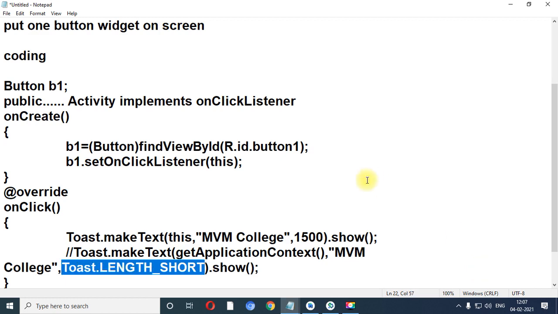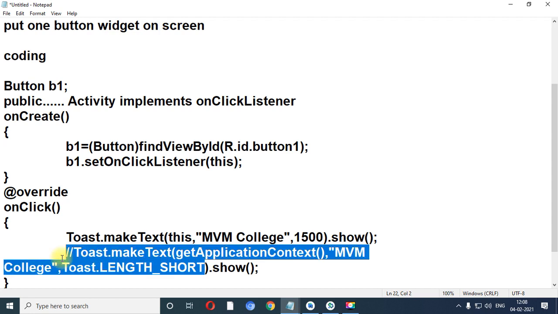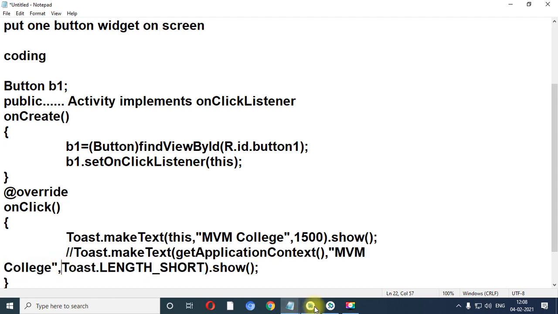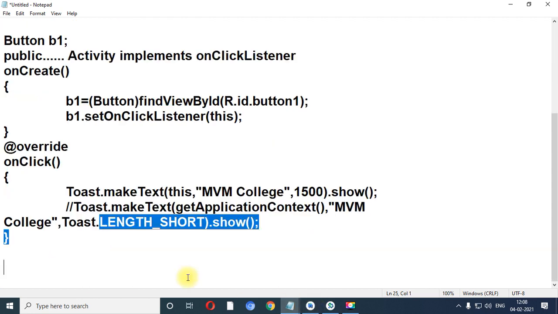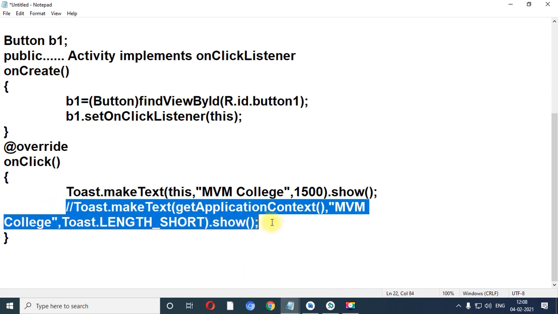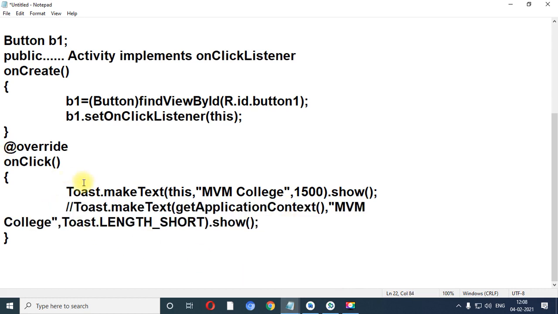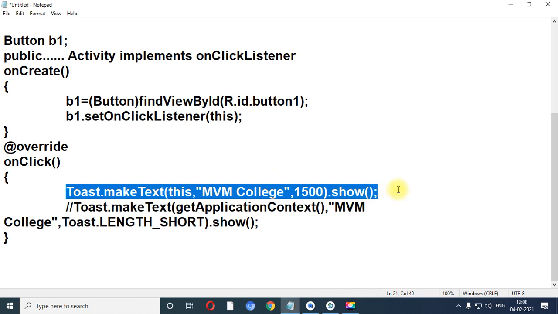Number one, Toast.LENGTH_SHORT and Toast.LENGTH_LONG. These two are the keywords you can use over here. Right now I have used short. That means in the short duration it will display the message. Similarly, if you have used long over here, then for a long time it displays the message on the screen. So this is the first way you can use the Toast class.